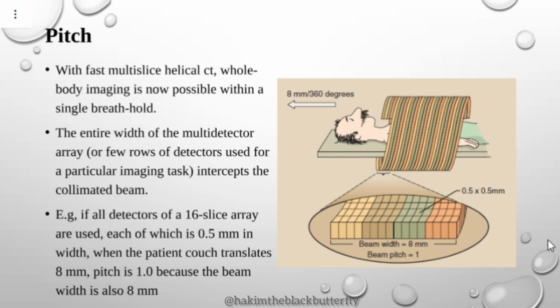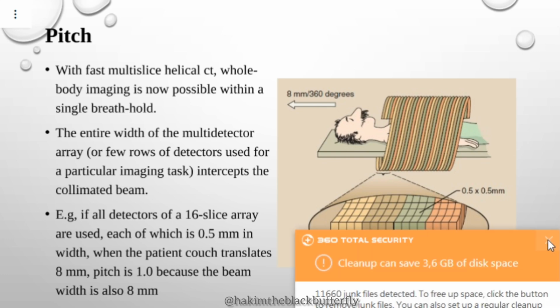So that's why these days we have CTs like a 16 slice CT, another one is a 32 slice CT, 64 slice CT, maybe 128, 256, 320 slices. What does that mean? Let me use a 128 slice CT, for example. It means that on a single rotation, a CT can create one